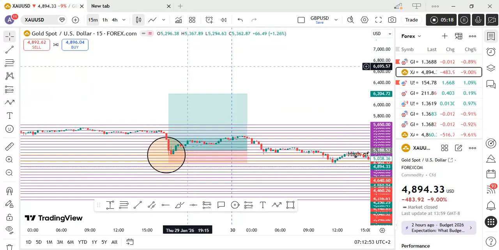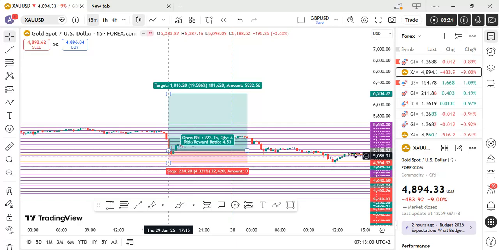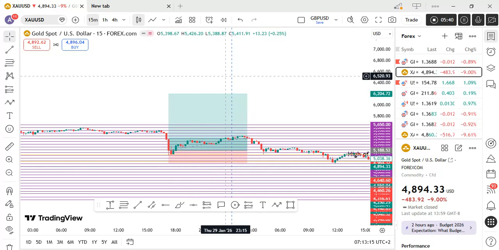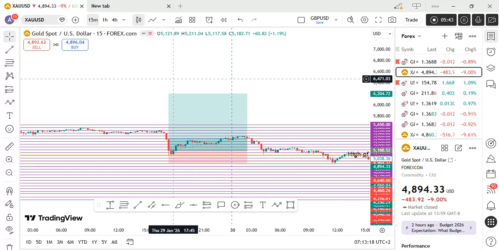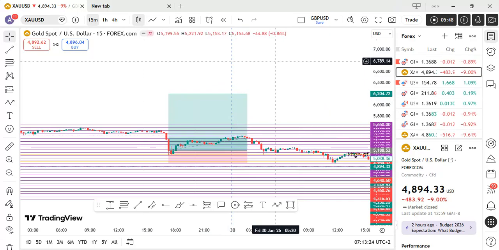As you can clearly see, like I said, from this level, when price tested this level of the high of the week and the previous high looking left, I definitely saw this as an entry position to go in for a buy on gold. So what happened? Market failed to create a new high, but we saw that market created a new low. So that was literally what happened on gold for the week that just ended.